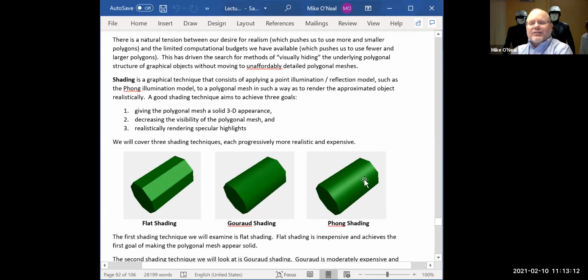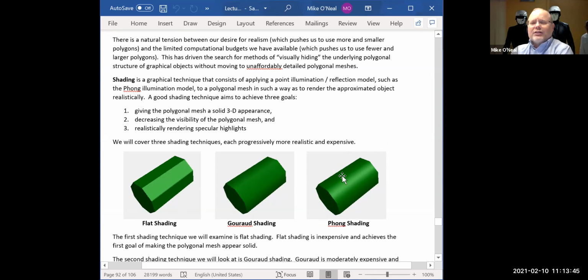The most complex shading algorithm we're going to look at today is Phong shading. Phong shading, this looks pretty damn good. Remember, it's just an octagonal shape that's been extruded into 3 dimensions. There are no more polygons in this puppy than there are in this puppy. Right? The underlying structure is exactly the same, but we're applying an illumination model, the Phong illumination model, in such